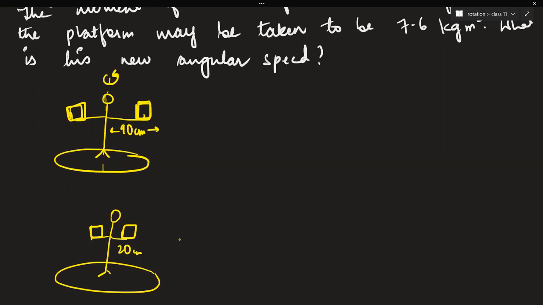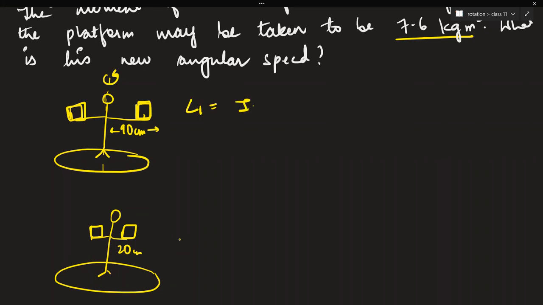Now, the moment of inertia of the man together with the platform, that is the complete moment of inertia, is taken equal to 7.6 kg meter square, and the new angular speed we have to find out. Now, class, for this case we have seen here,